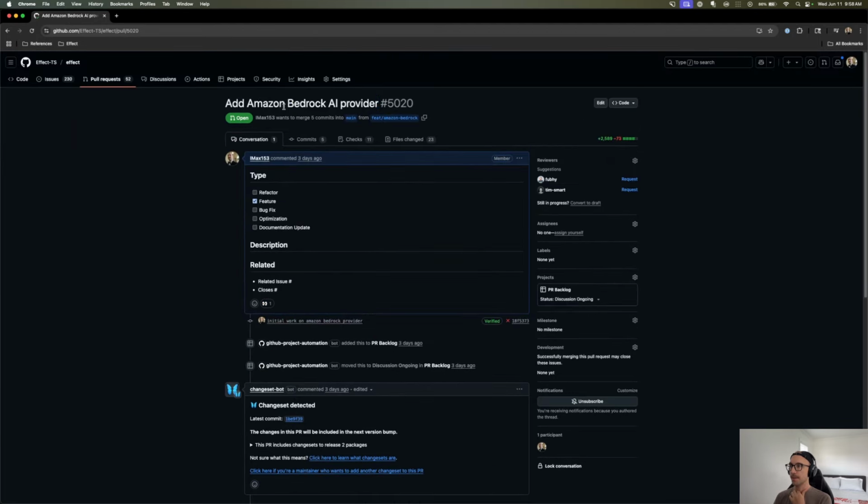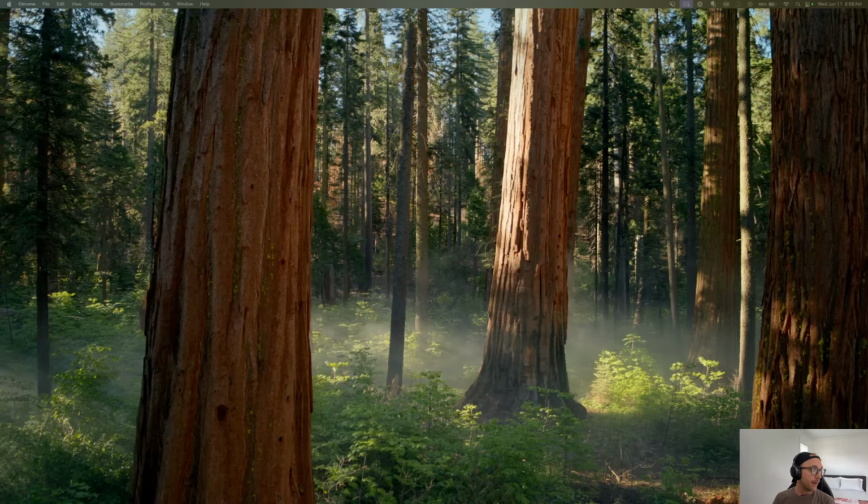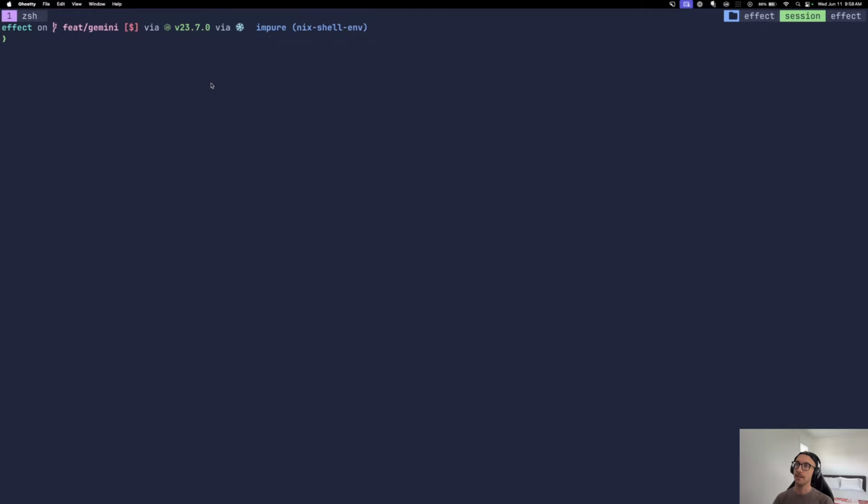And people have also been asking me a lot about Google Gemini. So we are going to be seeing if we can hack together a basic support for Google Gemini. One of the things that we need to do first, though, is